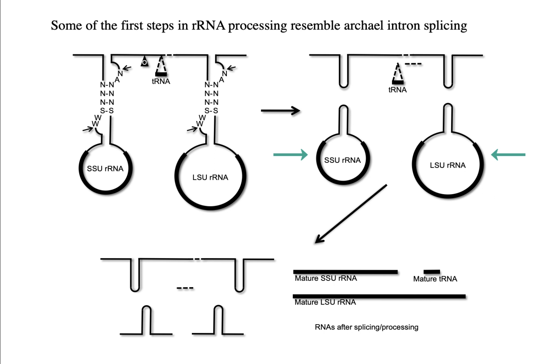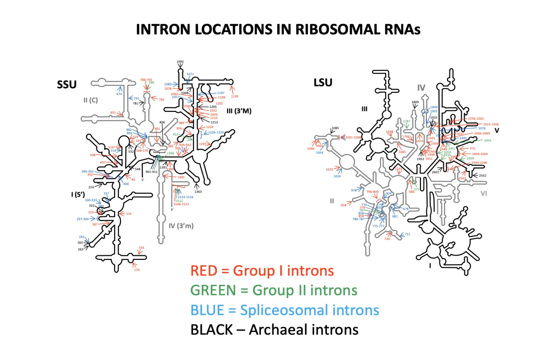which circularize, and then those are further processed by other RNAs to become the mature small subunit and large subunit ribosomal RNAs. And in this case, there's a tRNA involved there as well. The triangle O in this case also indicates the location of the possible endoribonuclease. If you look at the small subunit and large subunit genes for a large number of ribosomal RNAs in